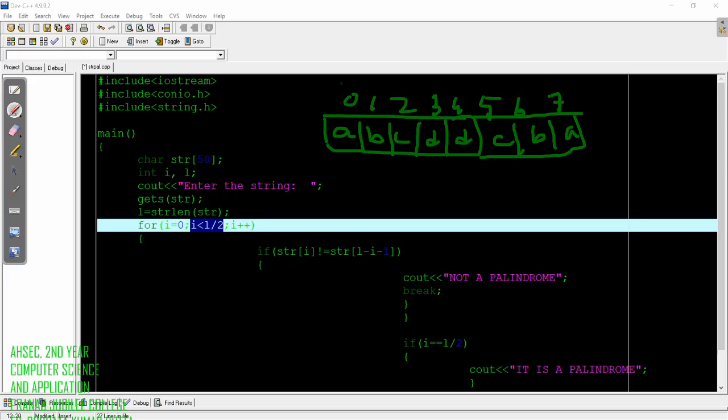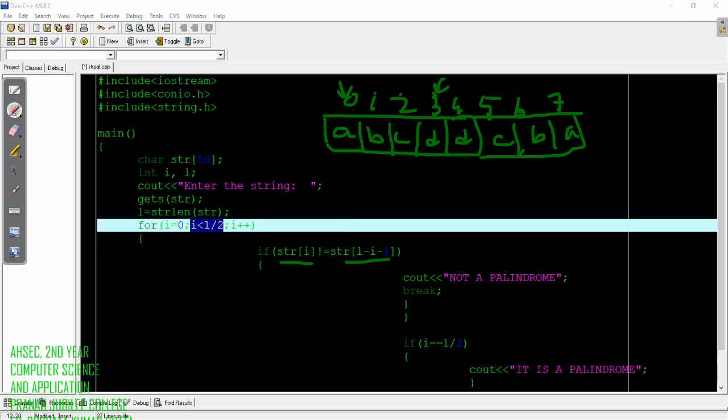I will start from this point and go up to less than L by 2. L by 2 will be 8 by 2, that is 4, and less than L by 2 means up to 3. So I will see the values 0, 1, 2, 3, right? This represents the first half of the array, and this represents the second half of the array.